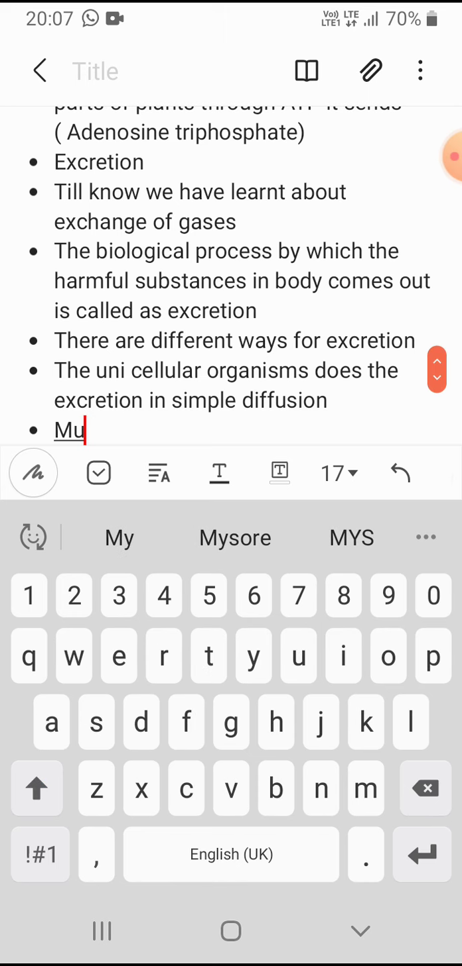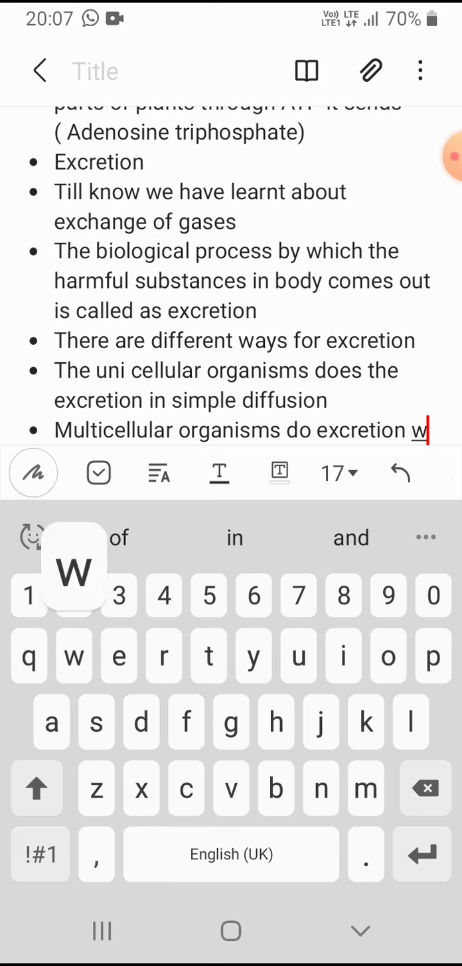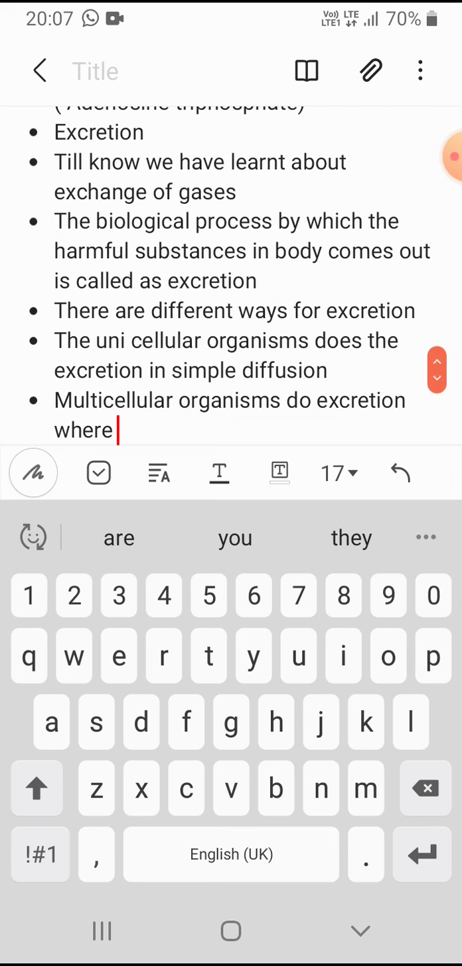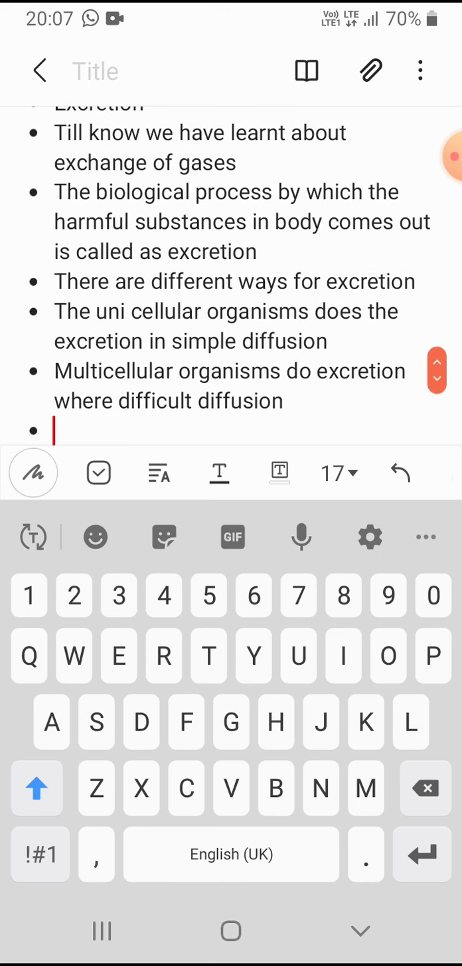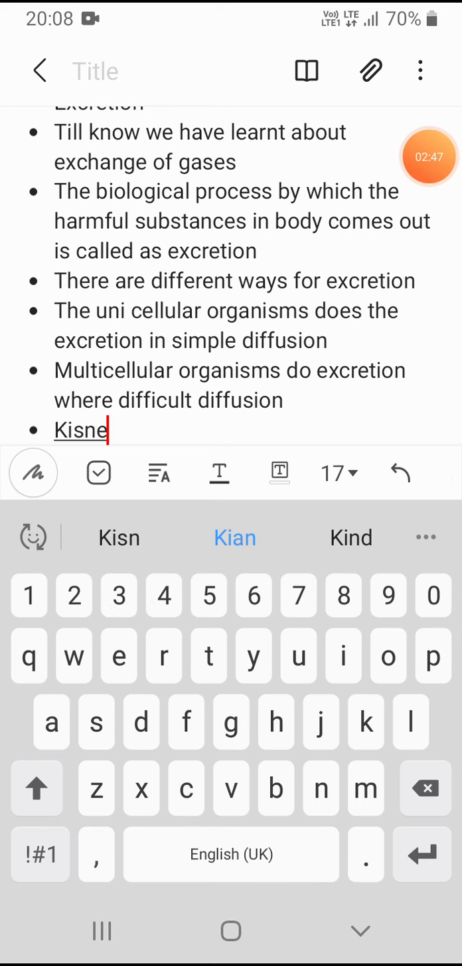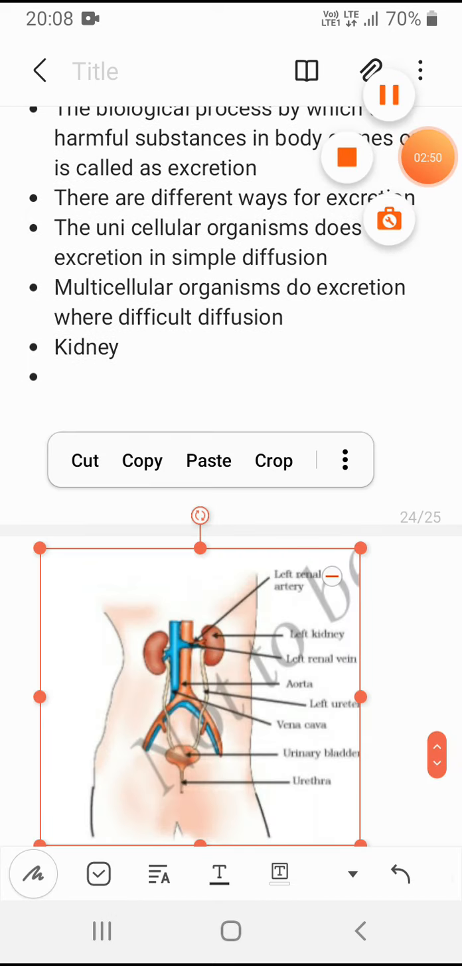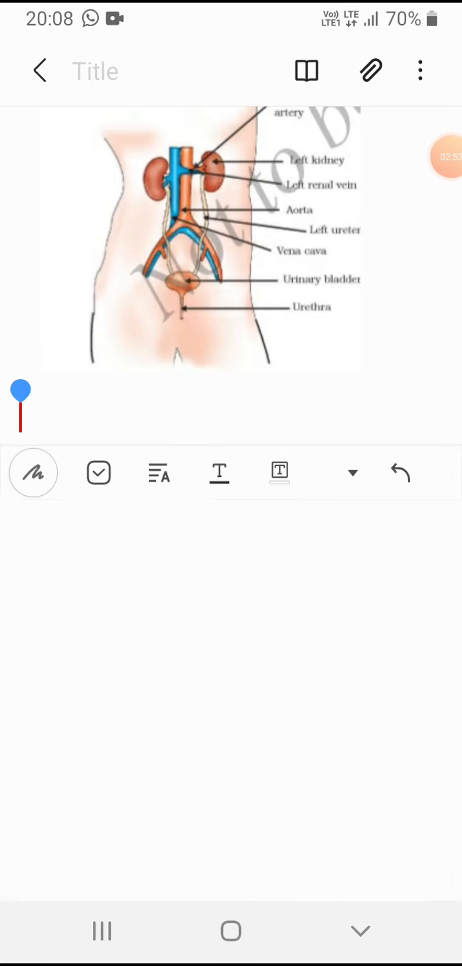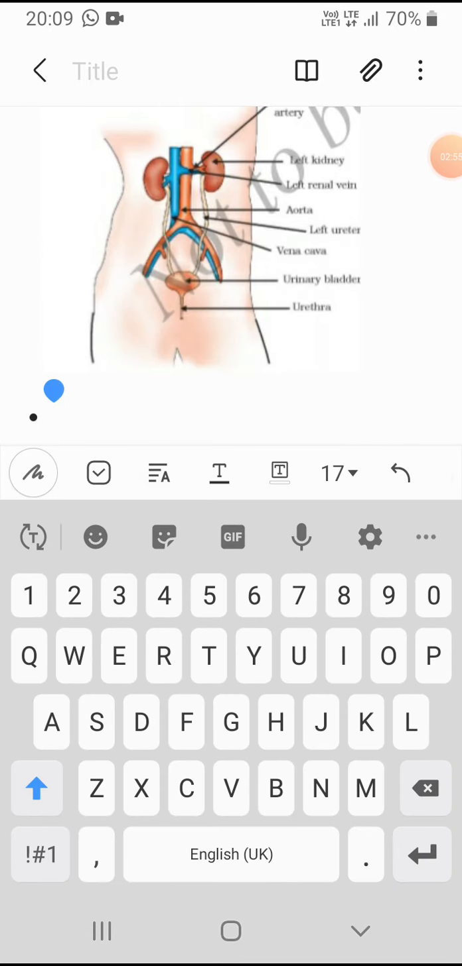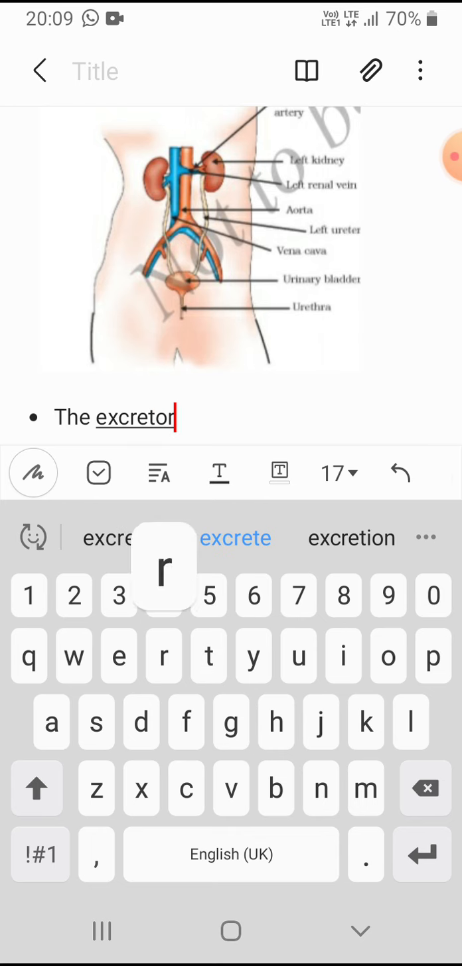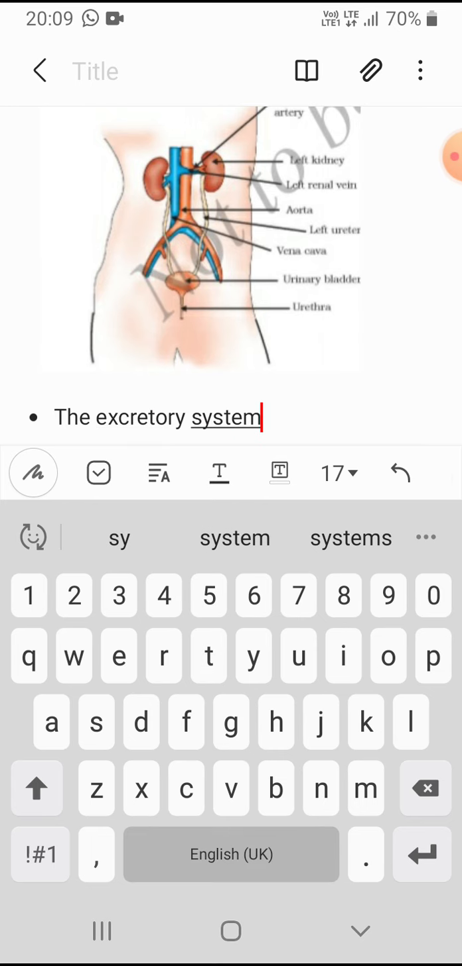And multicellular organisms do excretion by more difficult diffusion. It is a little bit more difficult. Now let's know about the excretory system of human beings, that is the kidney. So the excretory system of the human body